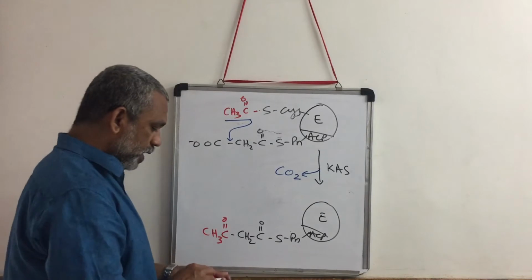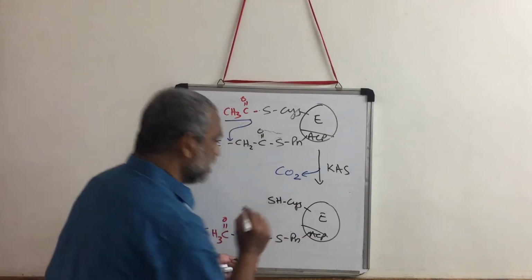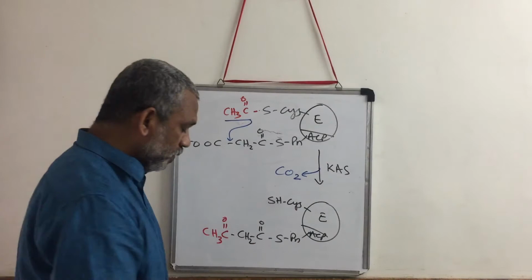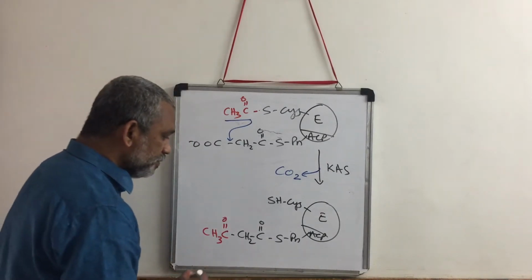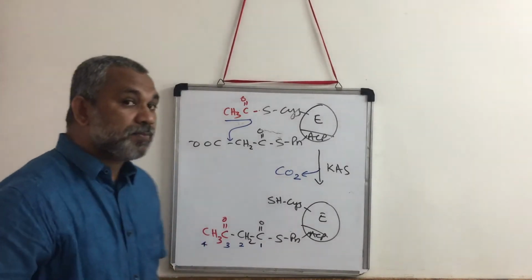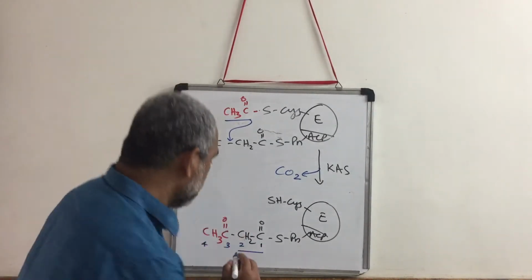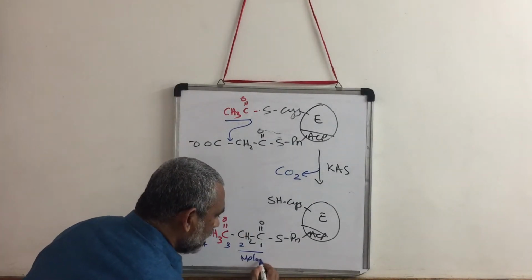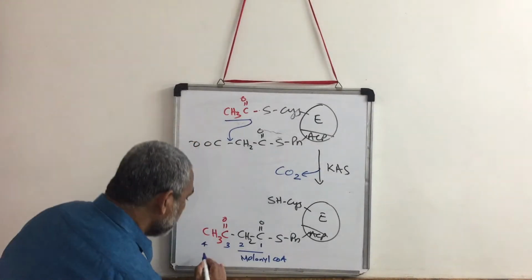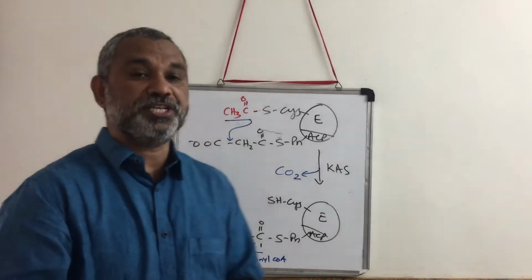Okay. So what happens to this region? This is cysteine. This is empty now. This is by the third enzyme. So therefore, please understand that this is, let us number carbon number 1, 2, 3 and 4. Carbon number 1 and 2 have come from malonyl CoA. And carbon number 3 and 4 have come from acetyl CoA. So this you need to monitor.